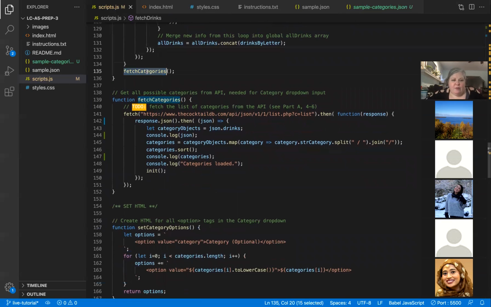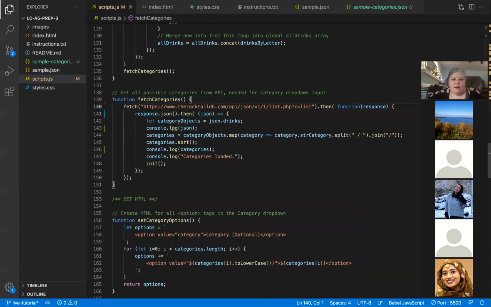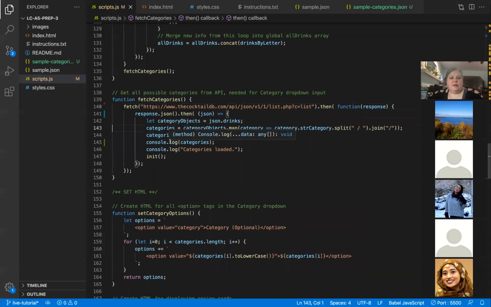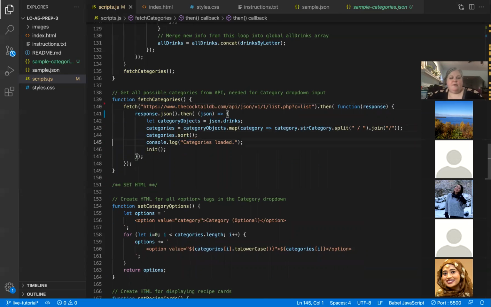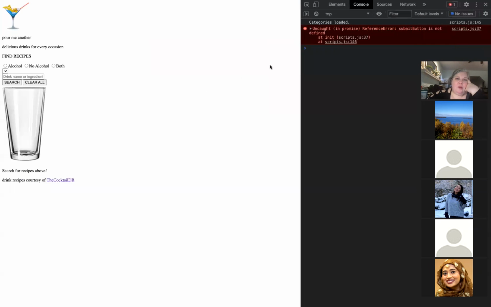And then from there, we call fetch categories. Then the thing we just wrote is here, and I'm going to take these console logs out now that we're done with them, clean things up a little bit, except for that one. And then we call init. Okay, so now when